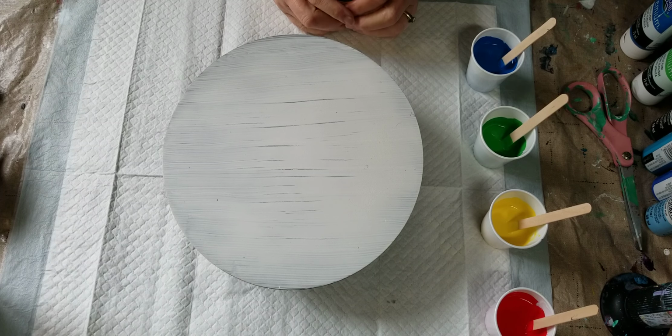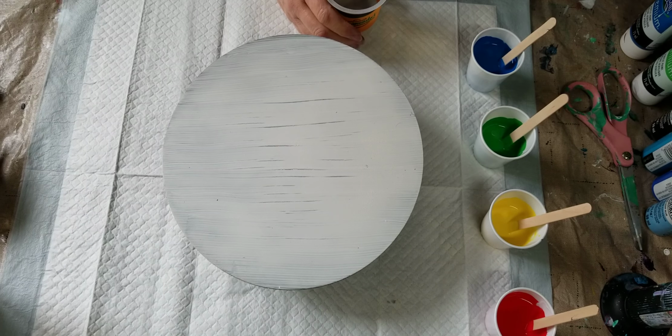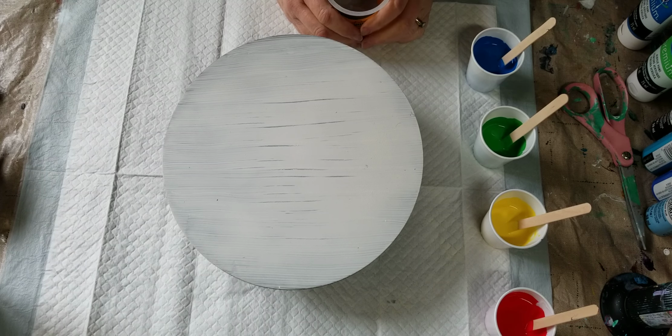I usually use a glue mix, but I don't have any made up, so I grabbed my DecoArt Pouring Medium, and I'm using it with DecoArt paints. Super simple, mixed 2 parts pouring medium to 1 part paint. I added some silicone. I think I did 2 drops in the